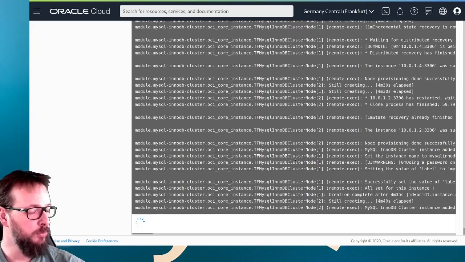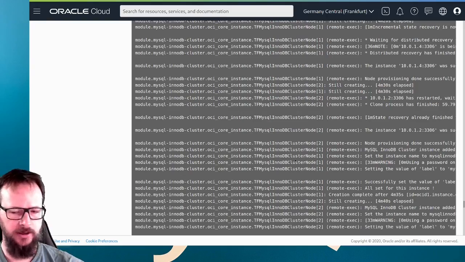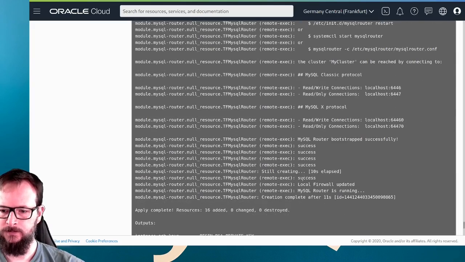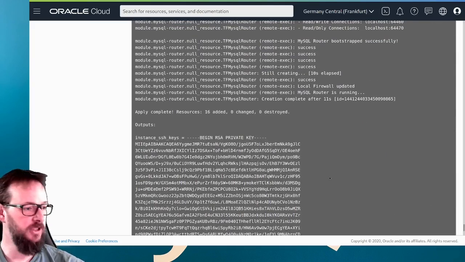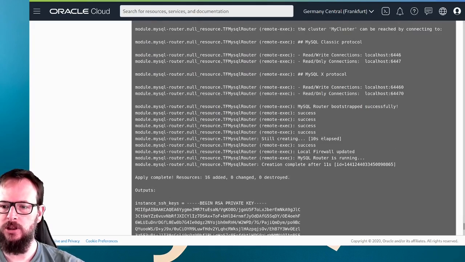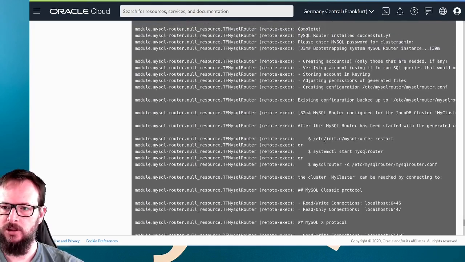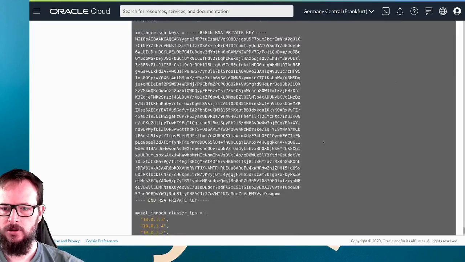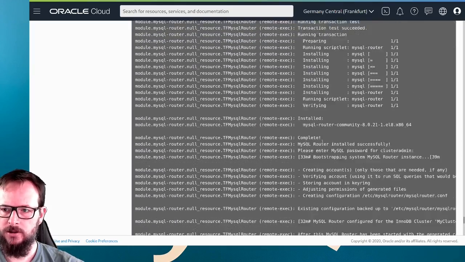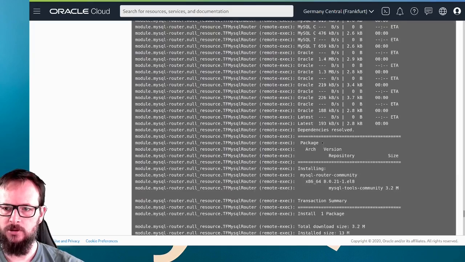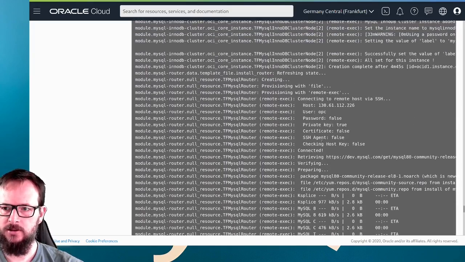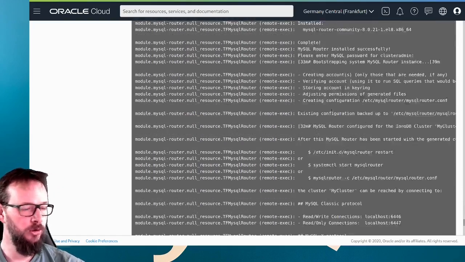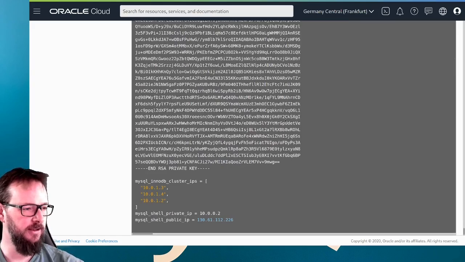And at the end of the process, you will have a cluster running and a shell machine to connect to. It's completed, it's finished successfully. So it took approximately, how long? Let me see if we have the time somewhere. Not here. It was a bit more than 4 minutes, I guess. Yeah, 4 minutes and 40, so less than 5 minutes to deploy the full cluster, 3 nodes, and